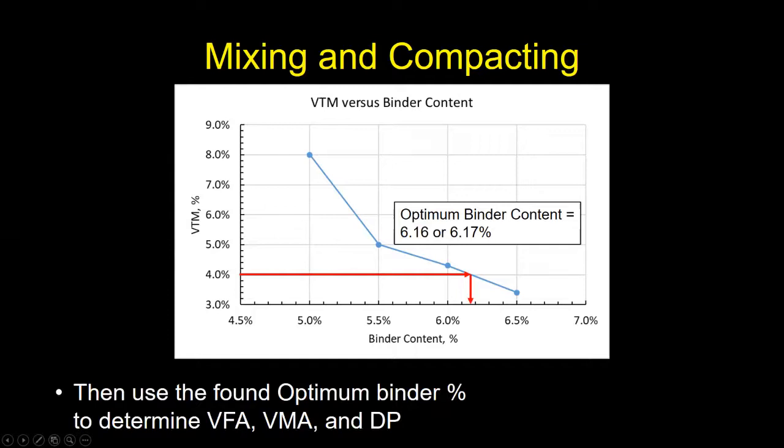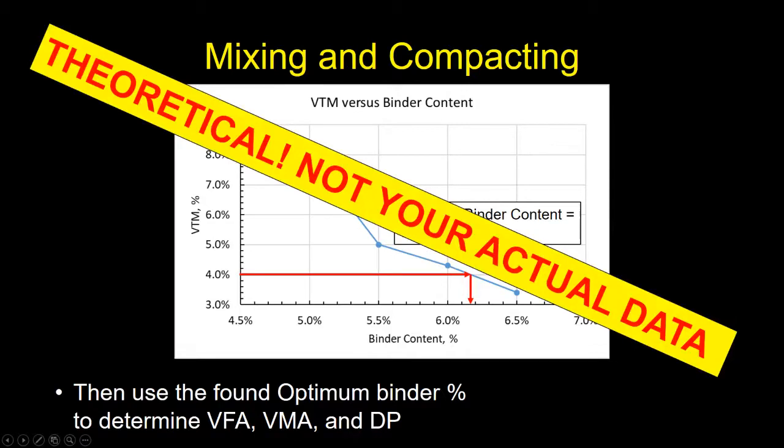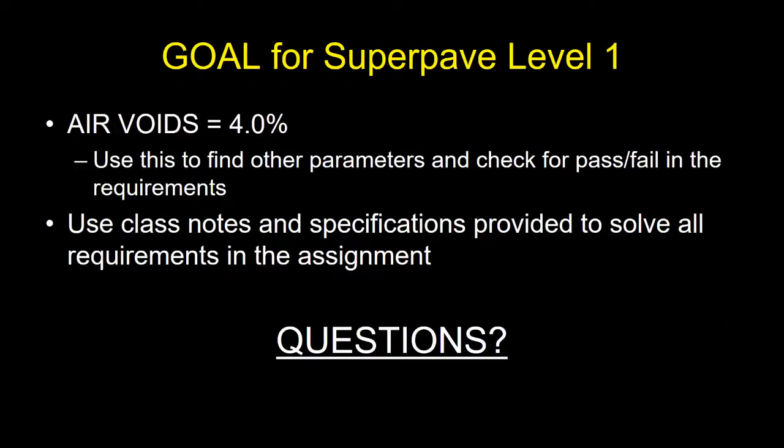Then you use that optimum binder content and you make another graph, and your optimum binder content, you'll graph it against other values and figure out what your VFA, VMA, and dust percent are. And you can use the calculations to graph any of those points there. And that's theoretical, so yeah, don't copy it. The goal for Superpave level 1, which is what we're going through, is air voids equal to 4.0%. When they do it in the field, or when we do it in the lab, sometimes we say we want 8% voids,